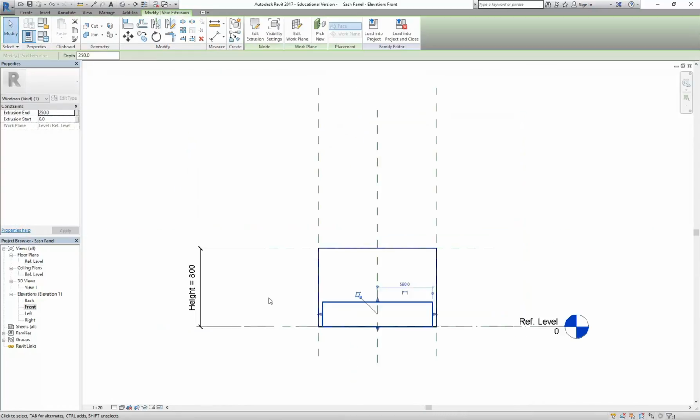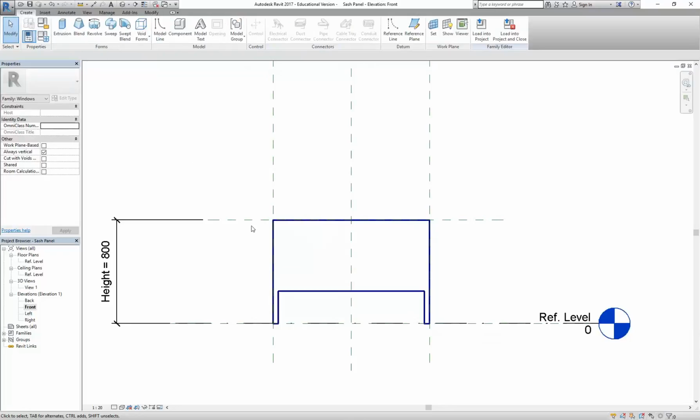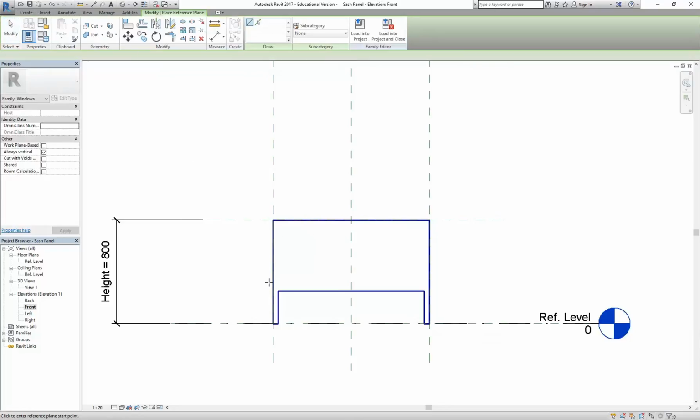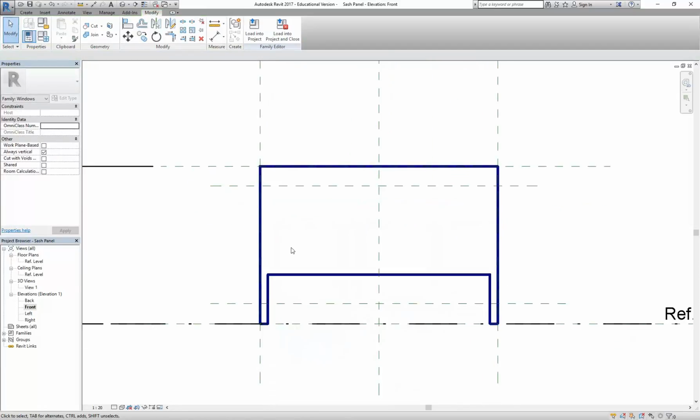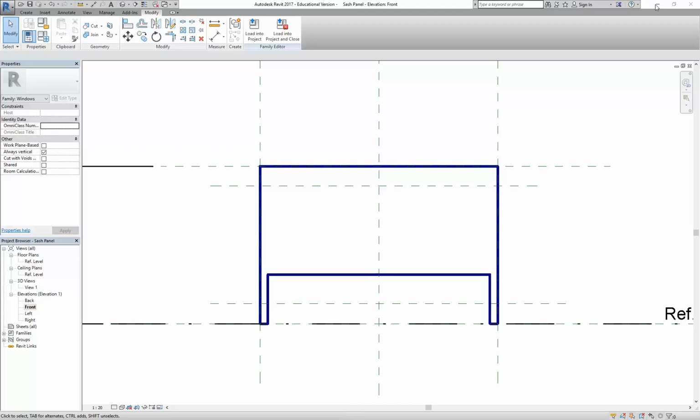And then in the elevation view, I'm going to basically do the same thing you did to set the height. I'm going to draw a reference plane at the bottom and the top. Like I said, I'm just going to make them all 40mm for now. Later, when we look at maybe making two variations on this family, so we've got one that will be for the bottoms and one for the tops, then maybe we'll look at changing these sizes a little bit, but again for now, just make them 40mm